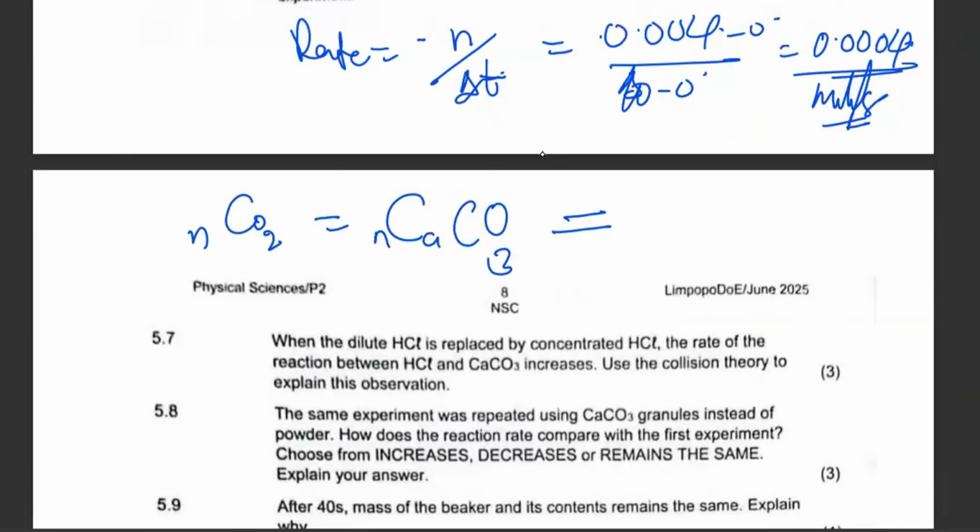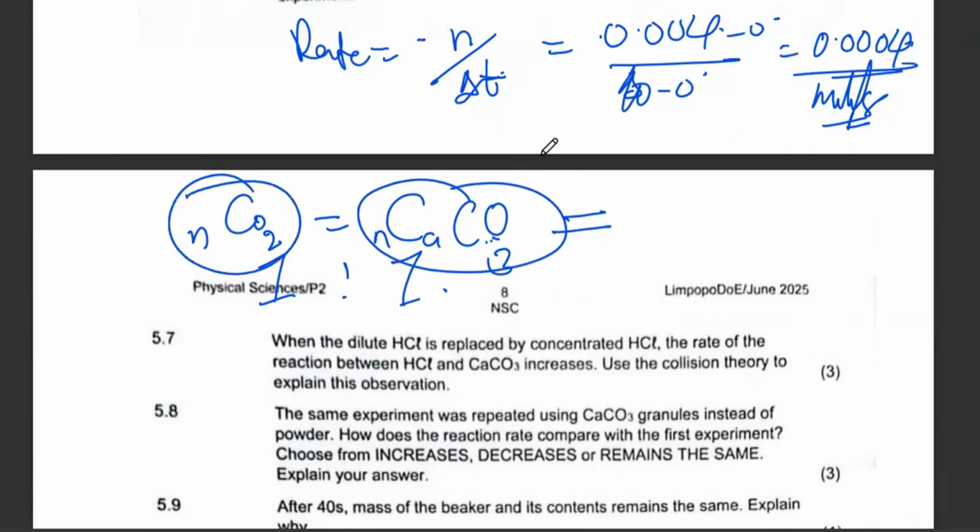So it means that, remember that we calculate the number of moles of this. Since the mole ratio is 1 to 1, therefore it means the number of moles of calcium carbonate will be equal to the number of moles of carbon dioxide which is being produced. Therefore, I will say that 0,004 moles. Yes, that is the 0,004 moles. But now I need